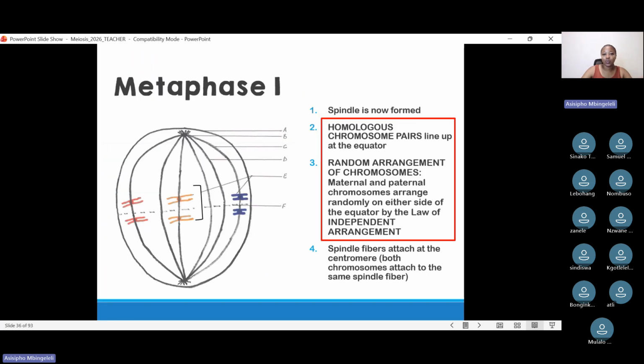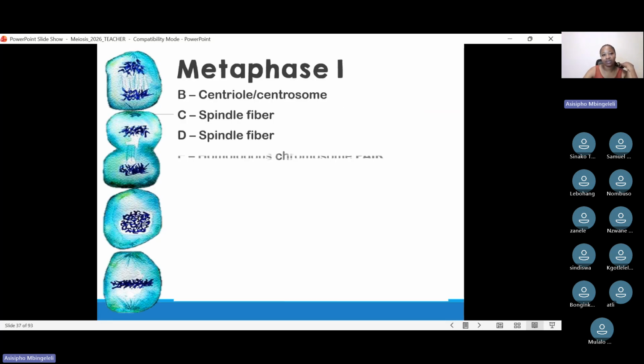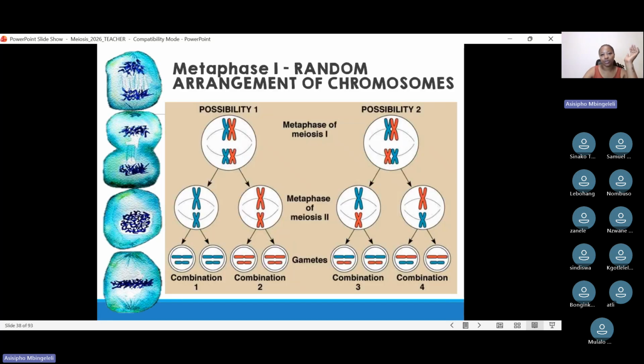Then we looked at metaphase 1. In metaphase 1, we said that the chromosomes align themselves in pairs at the middle of the equator. And I said the word pairs is very important because, as you can see, if you look at the red ones, they are 2 chromosomes that are attached to the same spindle fiber. So they are a pair. And this is just after crossing over. We also explained that these chromosome pairs align themselves randomly in the middle of the equator. There is no particular order that they follow. And that is stated by the law of independent arrangement. So that is metaphase 1, and that's all the information showing you the independent